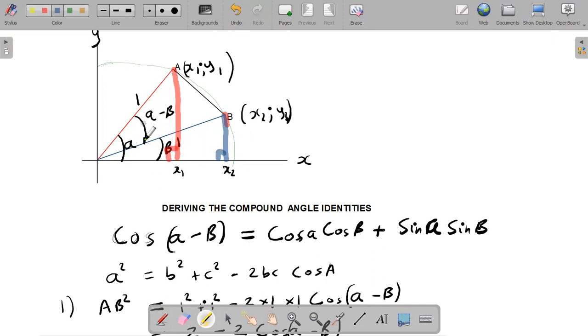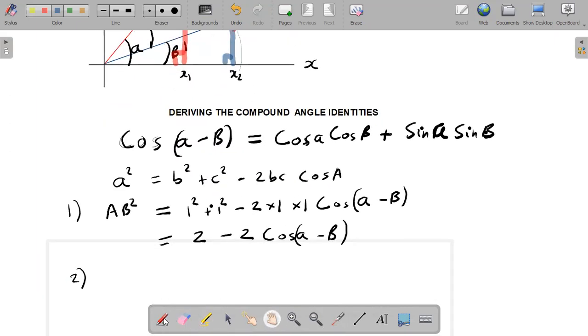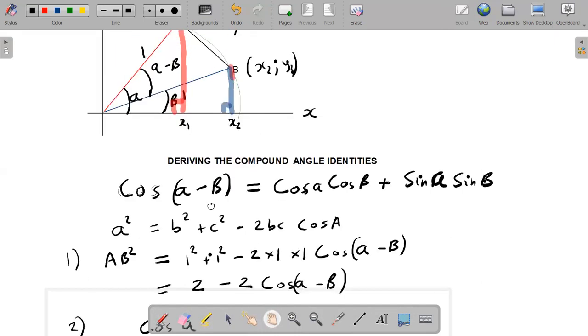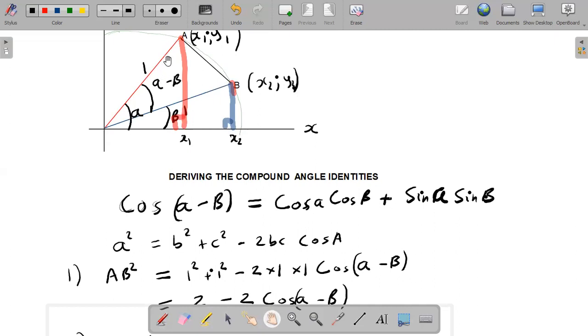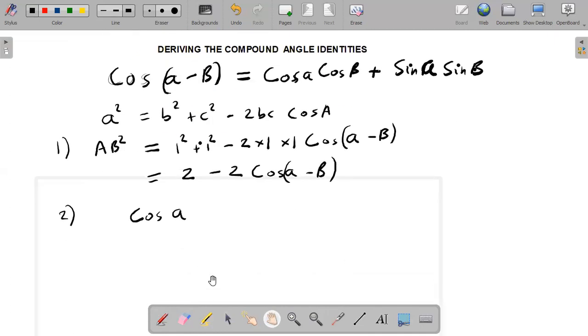So let's start with this first one where we have x1. We can therefore say cos alpha, the angle that lies in that particular triangle, is equal to adjacent over hypotenuse, according to our trigonometric ratios. What is going to be our adjacent? x1 over our hypotenuse, which is 1. So we can put that in writing to say cos alpha is equal to x1 over 1, adjacent over